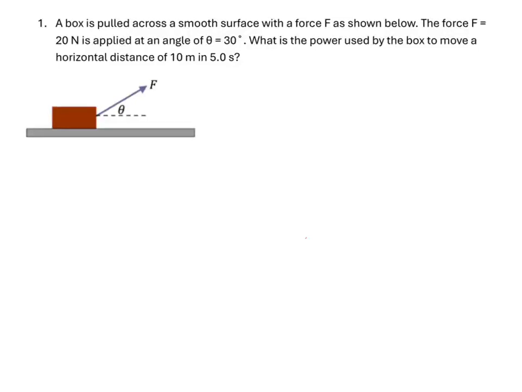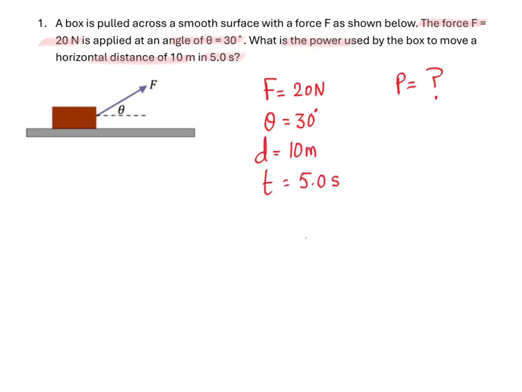In this video, we are going to solve some problems based on work done and kinetic energy. A box is pulled across a smooth surface with a force F as shown below. The force F is equal to 20 Newton and is applied at an angle of 30 degrees. So we have got the force 20 Newton and the angle is given as 30 degree. It's asking us to calculate the power used by the box to move a horizontal distance. So power is missing. And the distance is given as 10 meter and the time is given to us as